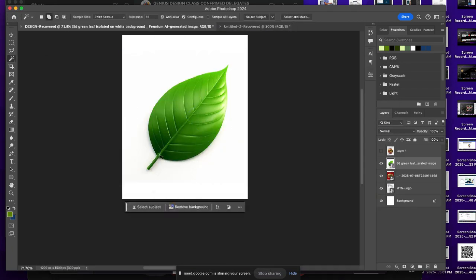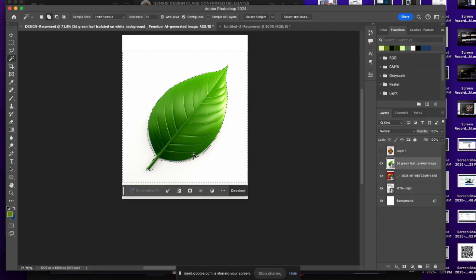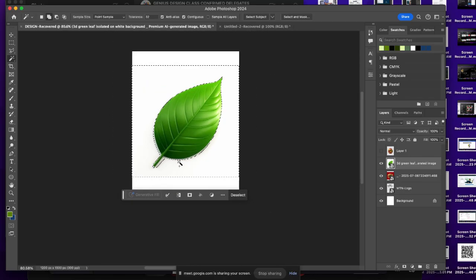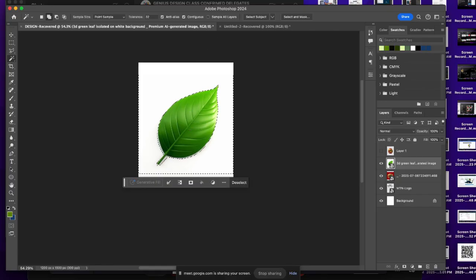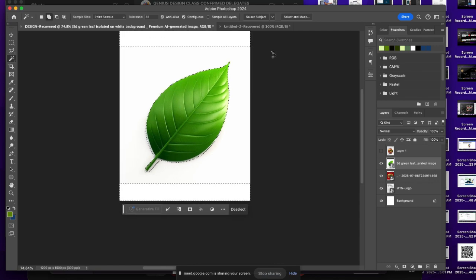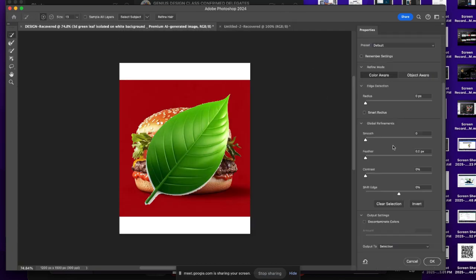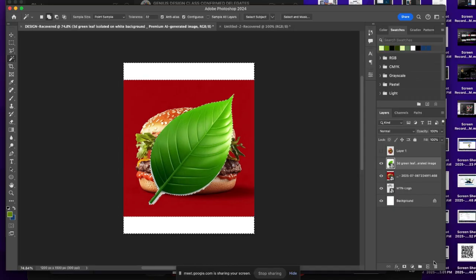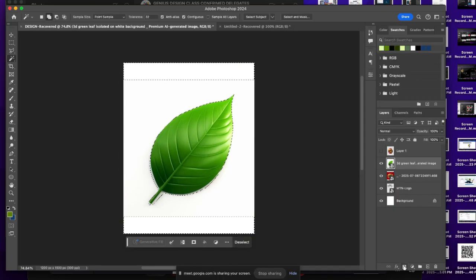You have this image on a white background. The magic wand helps you with this type of selection very fast. Just let the magic wand come to add selection, and then you click on the white, and as you see, it selects all the white around a particular leaf. You can come to select on your menu bar, you select inverse, and it will select only the leaf, and you come to this place where you see, so you can now increase your feather a little bit. This is how the magic wand tool